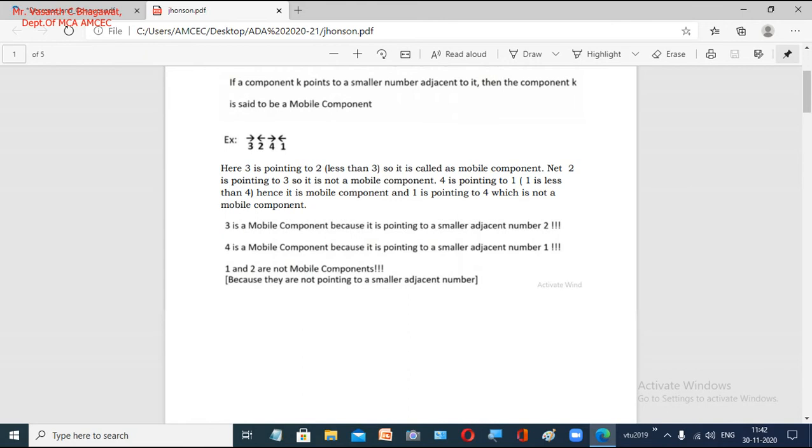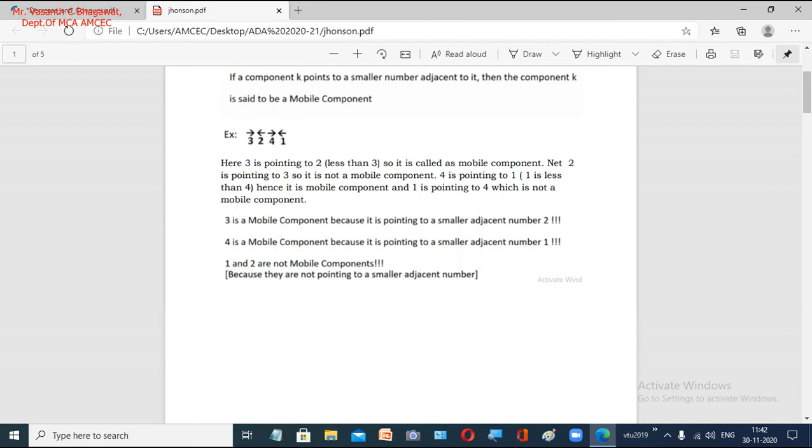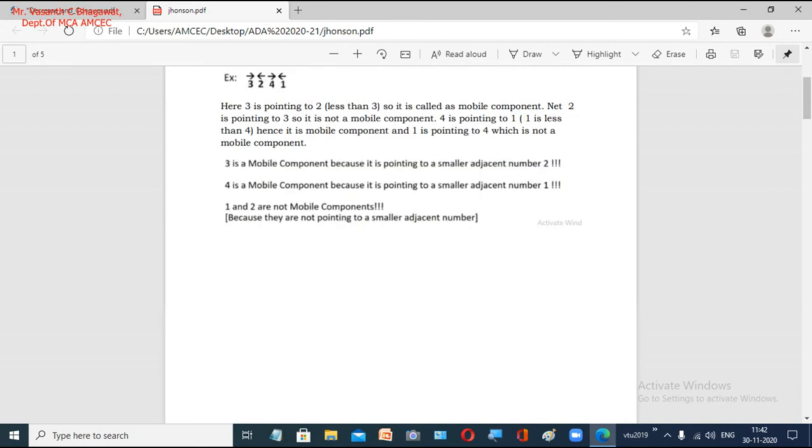Now we have 4 numbers, and we want to find the permutations of these 4 numbers. What is our first step? We consider the complete 4 numbers, and that is the initialization. Clear? One minute, let this file be loaded. I think it is taking some time to load.